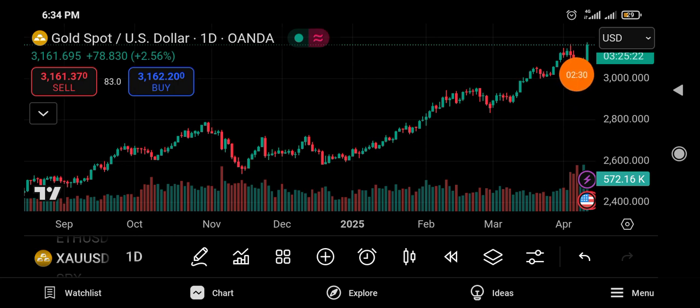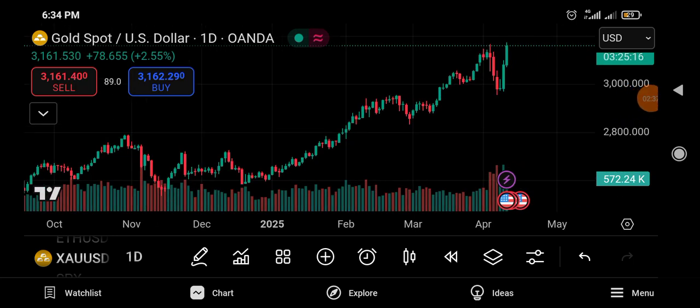Now, the question is, what is going to happen at this point? This is a resistance point. Now, for those of you that are new to trading, resistance simply means, and this definition doesn't change whether you are trading forex, cryptocurrency, or stocks, the point beyond which price fails to move upwards. Yeah, that's the basic way for you to understand it.